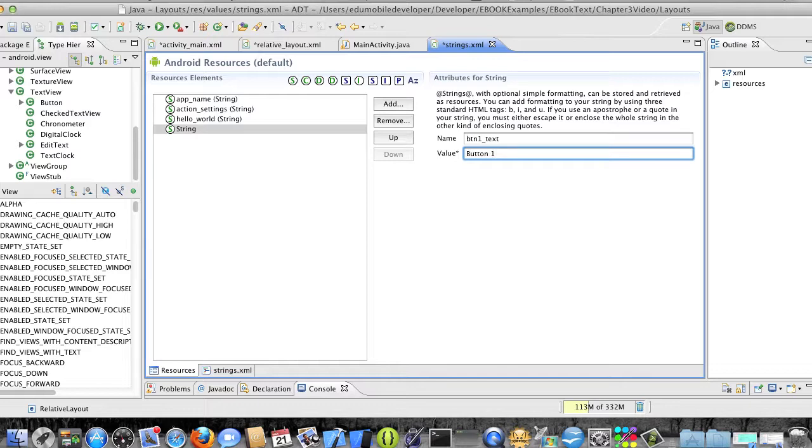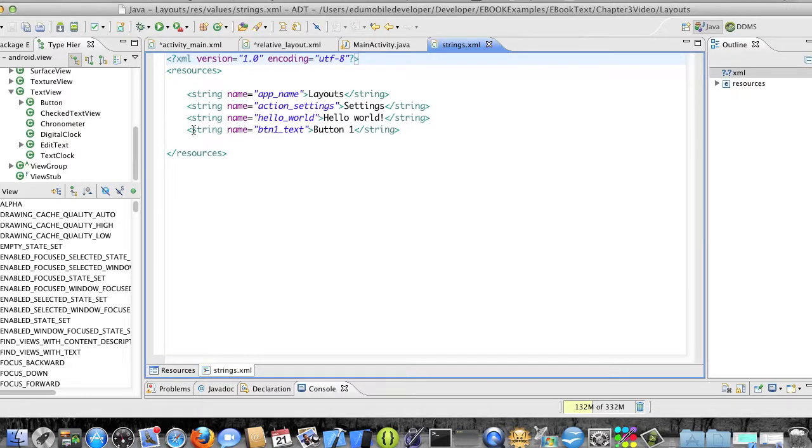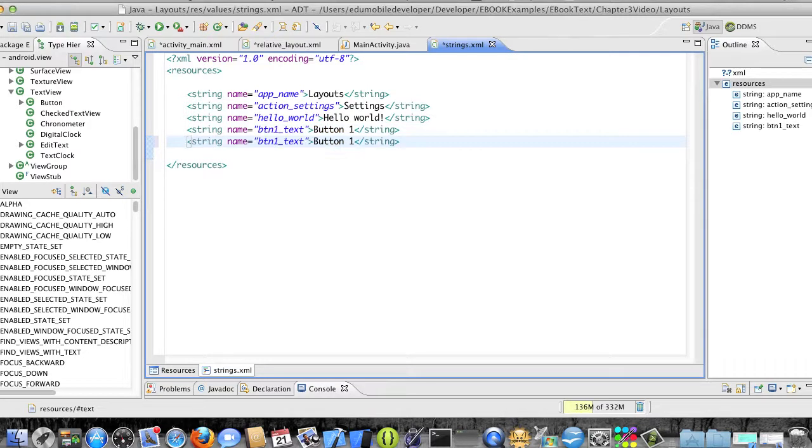Now we'll save the file, and we can see that we have this string resource here. We can also add a string by going into XML view, and we'll just copy and paste. And then this one we can call button2_text and make its text button2, and we'll save that. Now, if we go back into activity main,